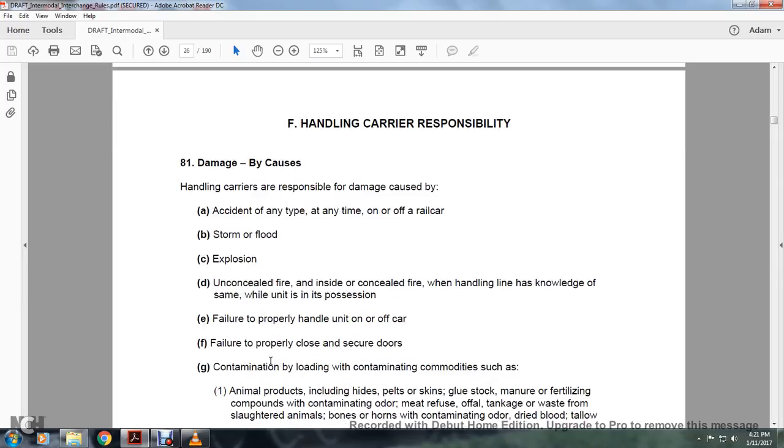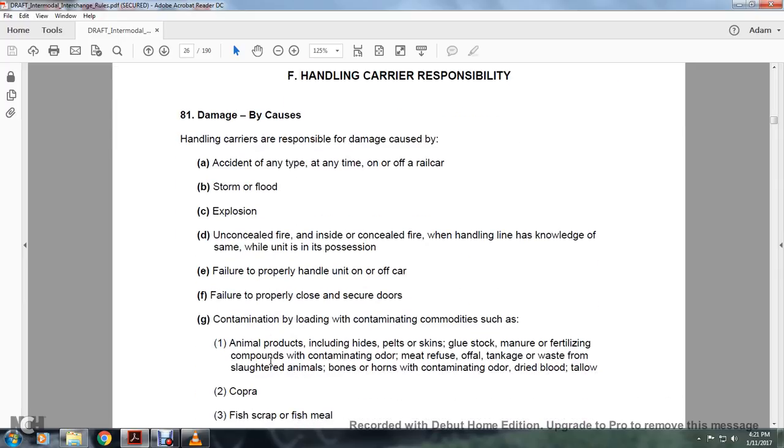Failure to properly handle the unit on and off the car. Failure to properly close and secure the doors. Contamination, loading of contaminating commodities such as animal products including hides, pelts, skins, glue stocks, manures, fertilizing compounds containing